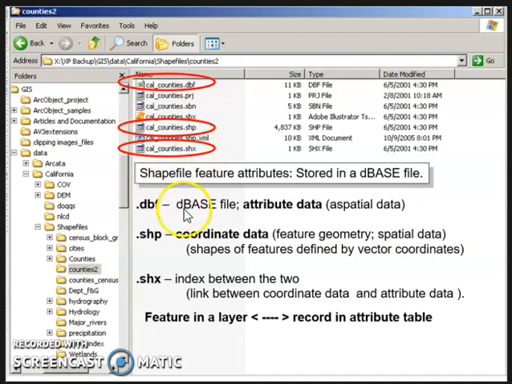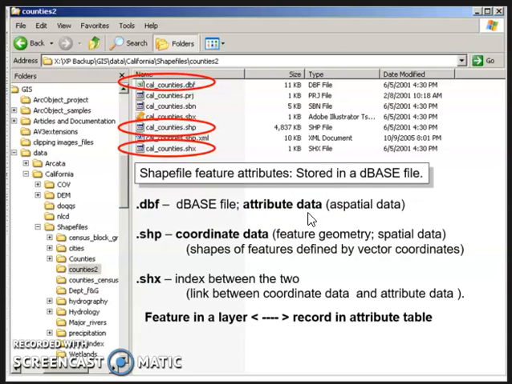So the first kind of file we're going to talk about is a .dbf. This is a DBase file. DBase was the first widely used database management system. It's no longer a force in the DBMS market, but it has left its .dbf format as a legacy. That's why we see that .dbf rather than something like an Excel suffix instead. So when we're looking at this in Windows and we see that .dbf, that is going to be our attribute data,